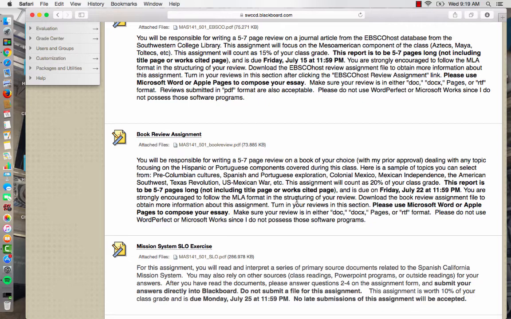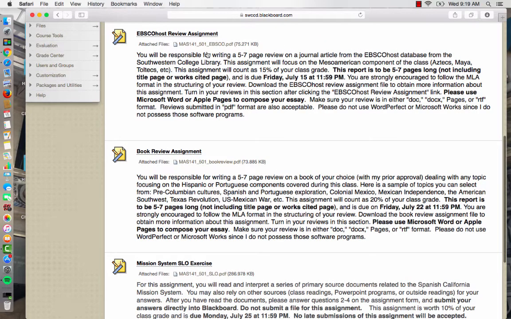Oh, one thing I should mention too before I forget. When you go in here, make sure you download these assignment worksheets, everybody. I've had cases in the past where people forget to look at them, and when they turn in the assignments, they aren't really well prepared because people forgot to look at the assignment worksheet. So don't forget that. Look at this first, but also download all these PDF files to give you a better idea on how the assignment is to be constructed. So between the nuts and bolts videos and these PDF files, these will tell you everything you need to know in terms of what you need to do for the assignment.